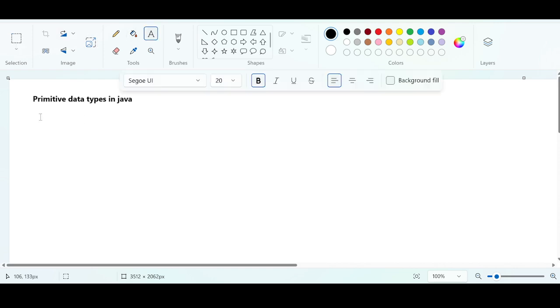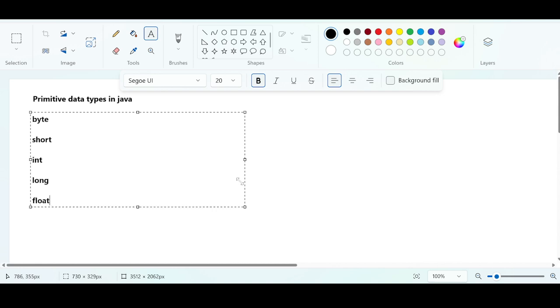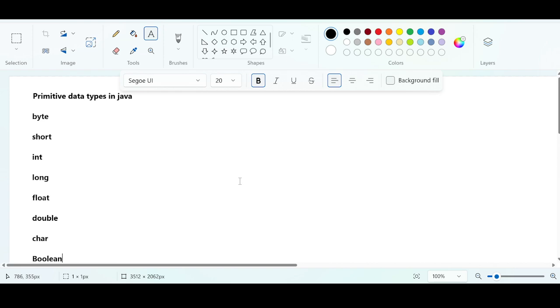Okay, there are 8 primitive data types in Java. First one is byte, second one is short, third one is integer, fourth one is long. Each and every primitive data type is going to use some bits and bytes. Fifth one is float, sixth one is double, and you have char, and last one you have Boolean. To represent any data, it can be numerical data or non-numerical data, we are supposed to use one among these primitive data types,